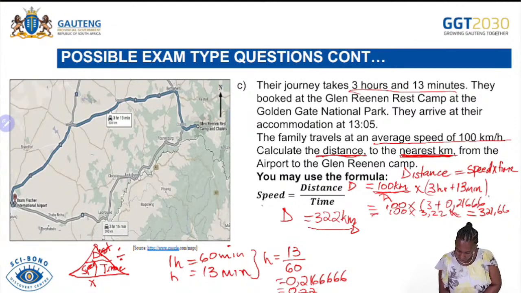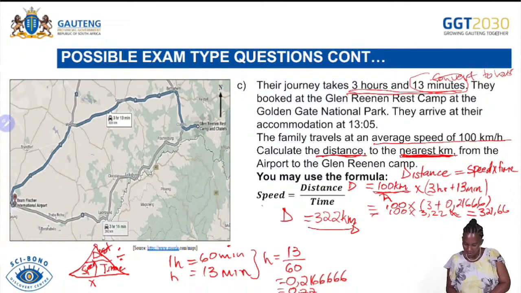As you can see, boys and girls, what I have done here, I have substituted everything that is given. We are given this speed, which is 100 kilometers per hour. That's what is given. And then we are given the time that they have traveled, which is 3 hours and 13 minutes. And then we convert this 13 minutes to hours here. We have done it. It is